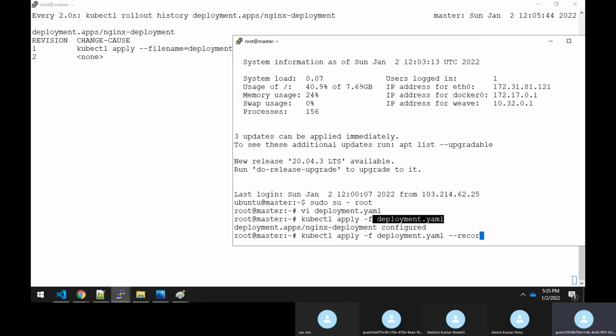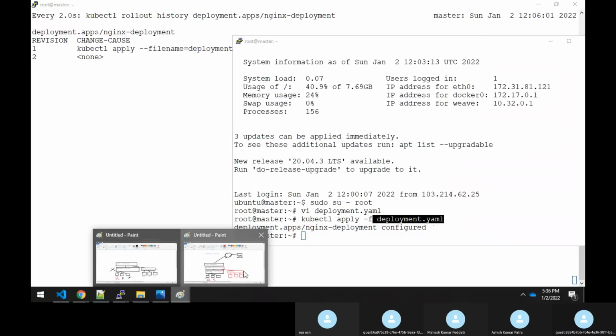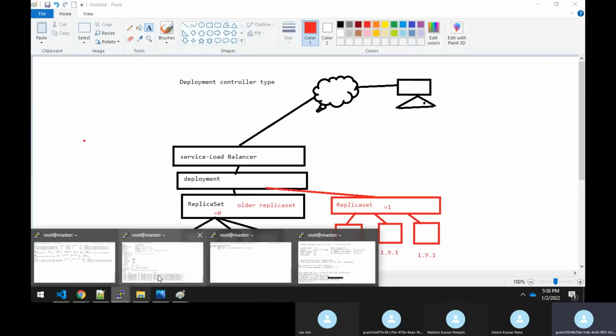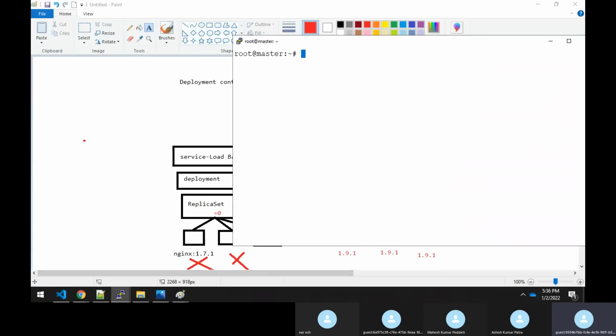Clear? Now let me do one thing. You will say, okay Rajesh, Nginx 1.9.1 is running now and I want to roll back to 1.7.1. So in this diagram, you want to roll back to 1.7.1. What you can do? There are many options. You can say kubectl rollout